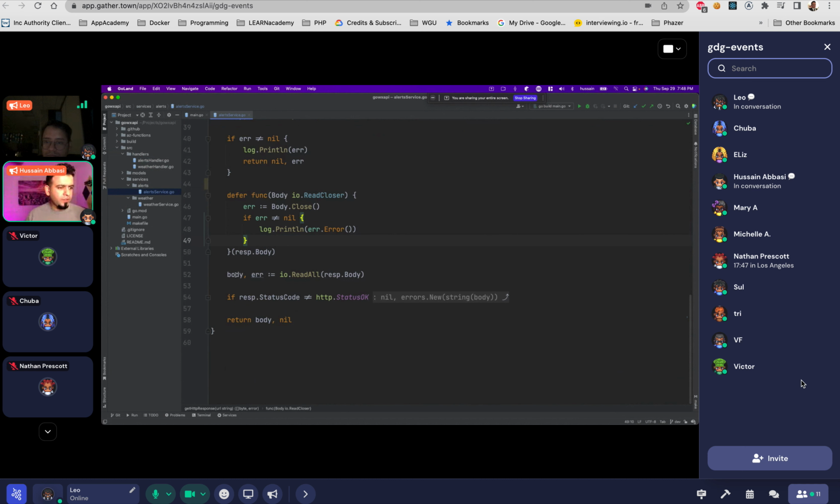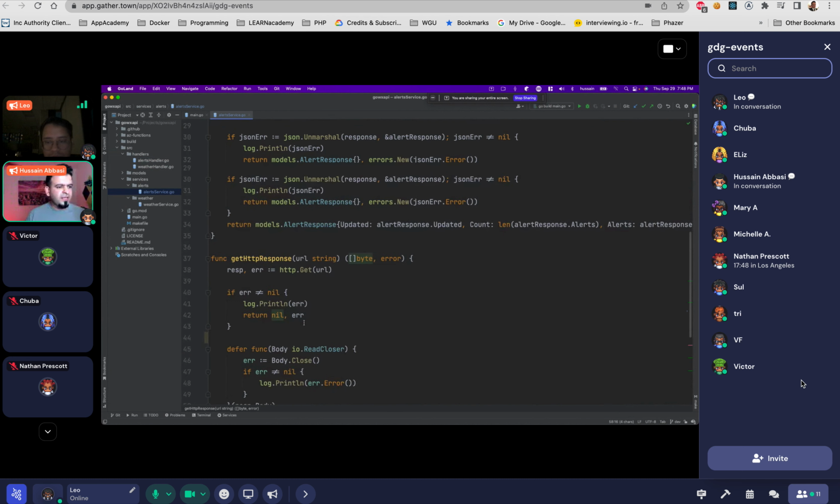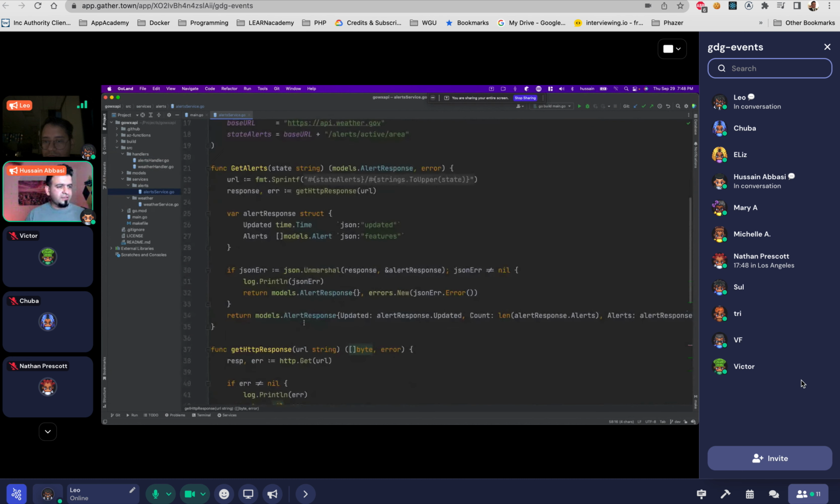Here, we read the body of that response into a body type, and then we say if the status code was not good, then go ahead and return that. If the status code was good, then return that body back to the caller, which is the HTTP response. Now, what I do with that is, since it's just a JSON, right? It comes to me in this response, and I don't want to go to my models and create a whole different model just to get these two types in.